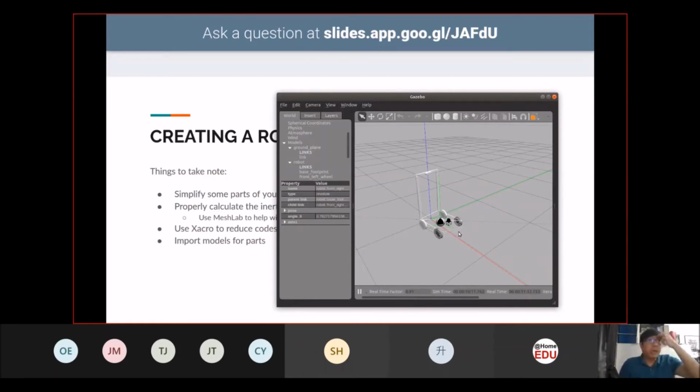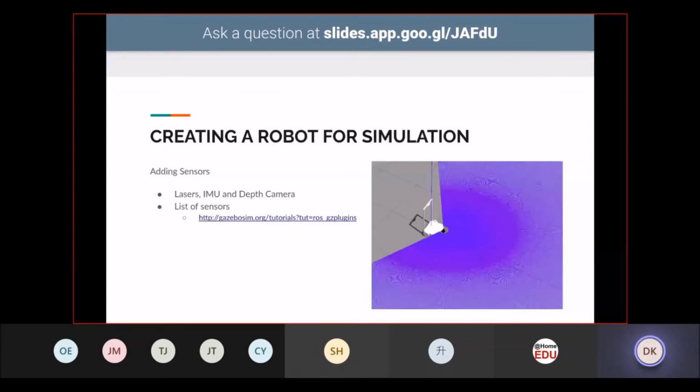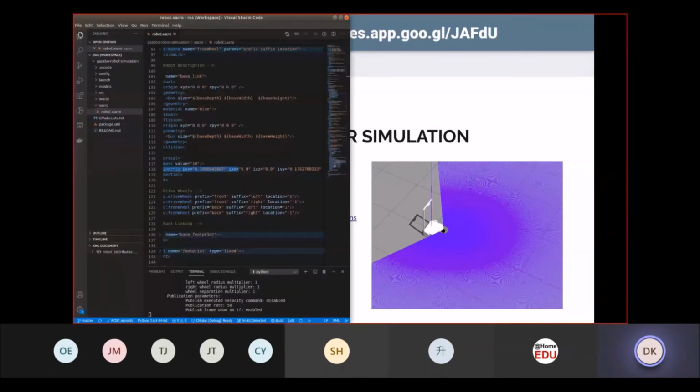So to actually create the sensor functions in Gazebo, you need to add plugins. There are lists of plugins given by Gazebo that you can use to add functionality to the sensors.